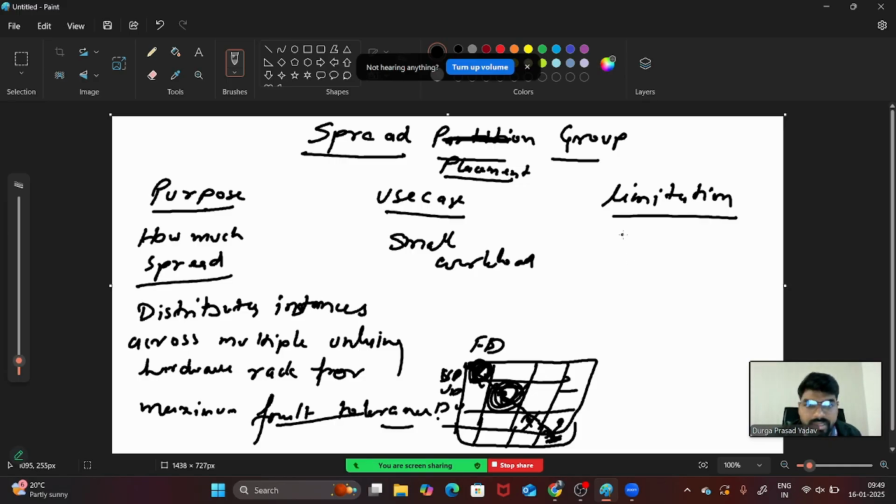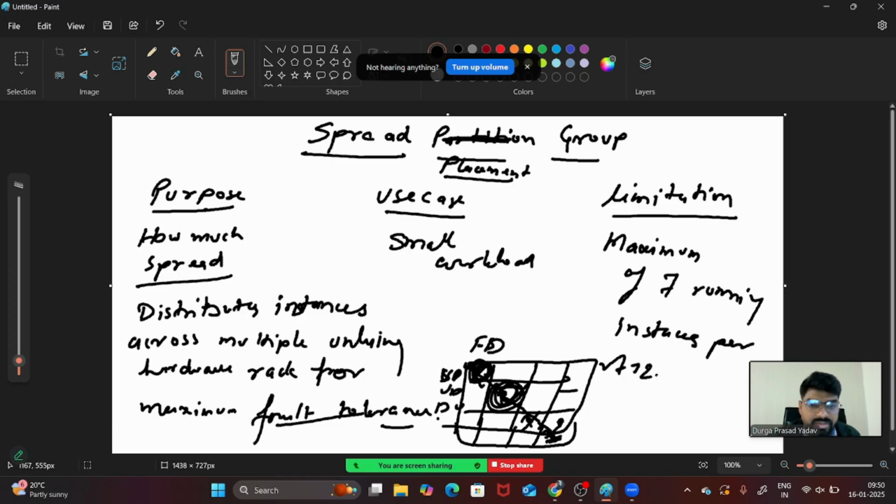So the limitation is a maximum of 7 running instances per availability zone per placement group you can keep. Means if you are distributing your instances in different fault domains and upgrade domains, in that case you will be having a different availability zone per different placement group.